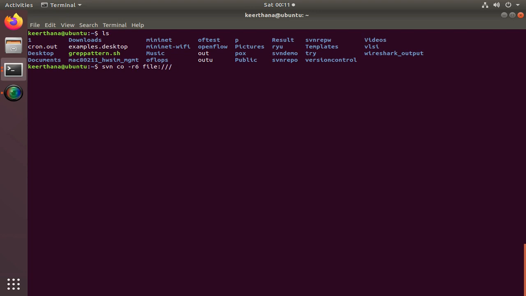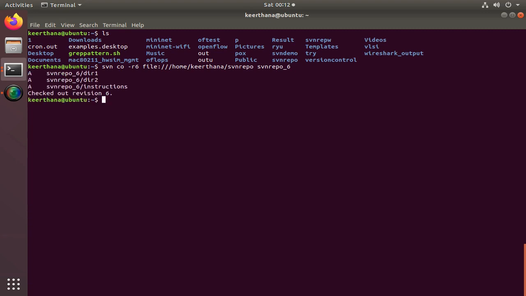If your repository is stored on an SVN server, you have to use svn. Then the path of my repository, and then where you want to copy it. I'm using svn_repo_sixth because I want the sixth version of that repository, so I'm using 6.